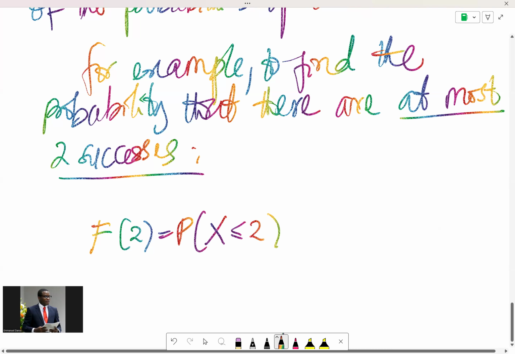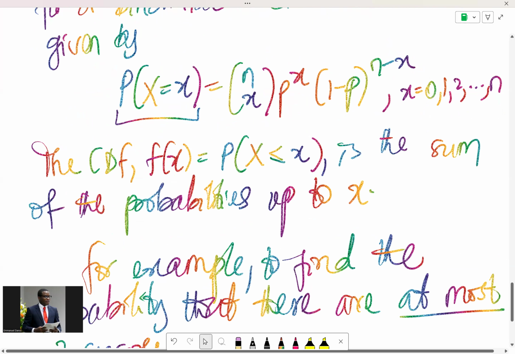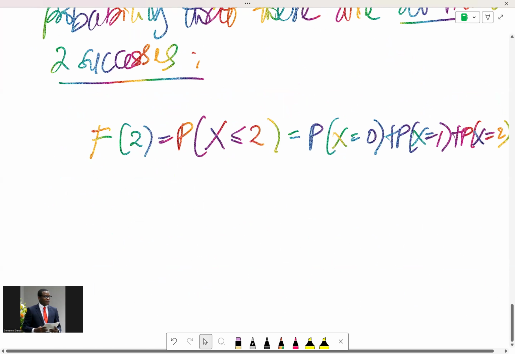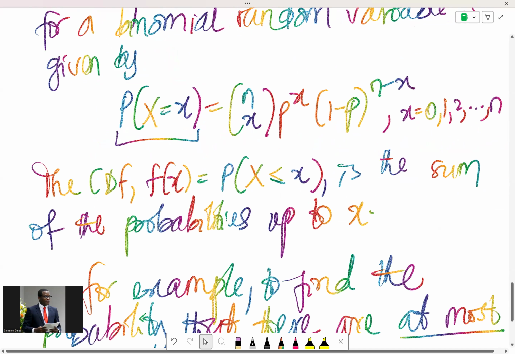And if that is the case, we're dealing with a discrete case now. That means the probability that X is equal to 0 plus the probability that X is equal to 1 plus the probability that X is actually equal to 2. So it's cumulative, right? If you're looking for the probability that X is less than or equal to 2, then it means everything we can get up to x. That's what that represents. So if we go back there now, we need each of these: the probability that X is 0, X is 1, X is 2. So from that expression, right, where we have